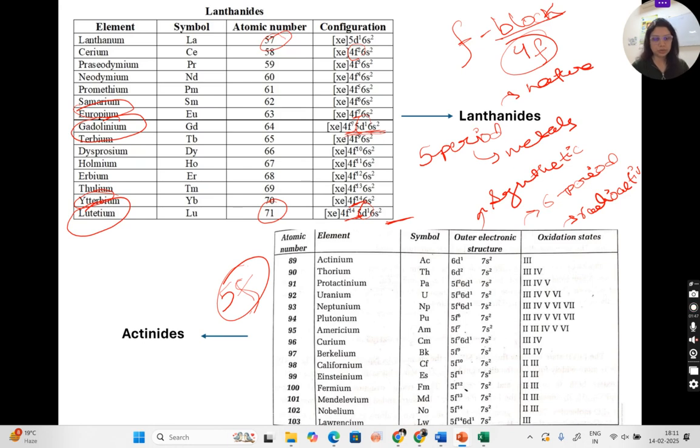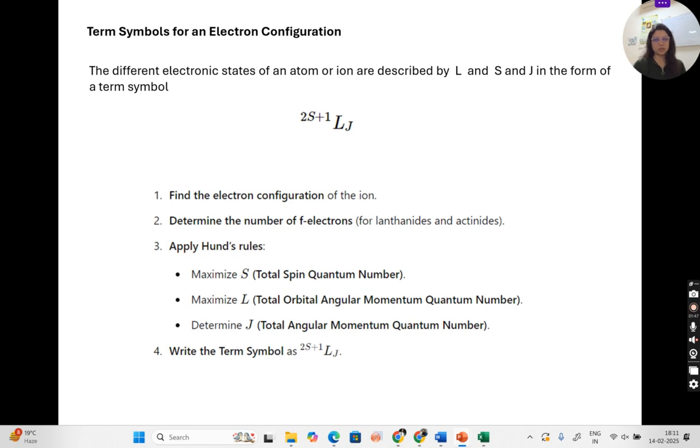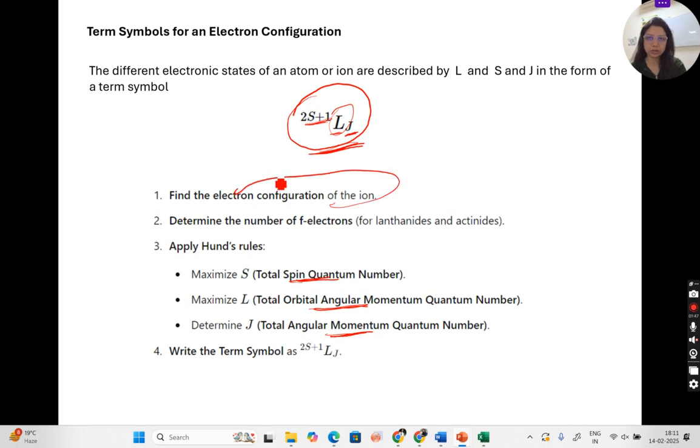Now moving forward with the main topic, which is term symbols for electronic configurations. We define term symbols for any electronic configuration, which is given by the formula 2S plus 1, L, J. The 2S plus 1 is in superscript, J is in subscript, and L is in between. S stands for spin quantum number, L stands for orbital angular momentum quantum number, and J stands for total angular momentum quantum number. To find out this electronic state, we first need to find out the electronic configuration of the ion,